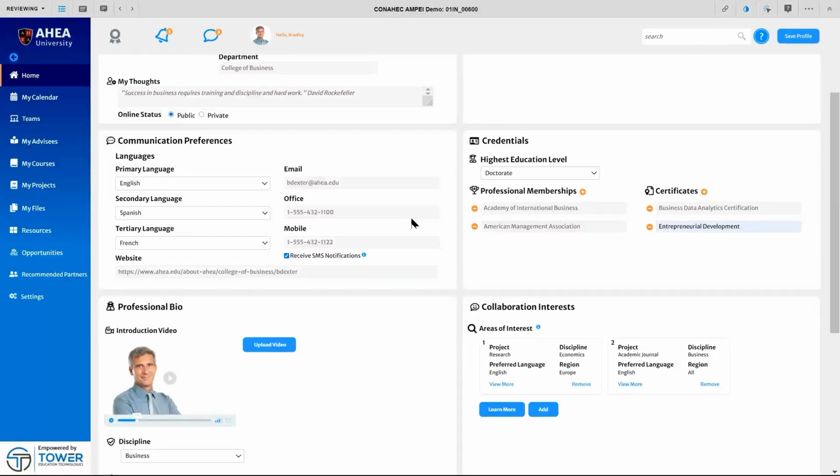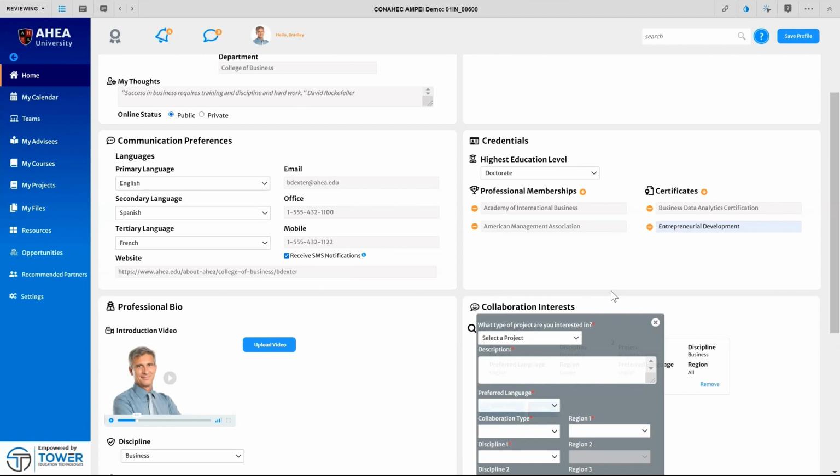What's of most interest and what we have been focusing on in our pilot program is the ability to develop a course with another faculty member somewhere else around the world. To do that, we start this process with defining an interest in the platform. To create an interest, Bradley goes down to the Collaboration Interest tile, he clicks Add, and a form pops up